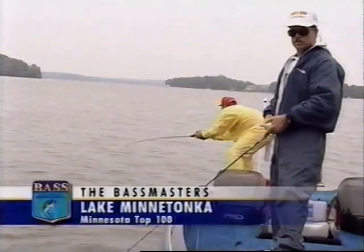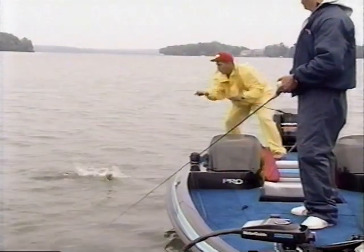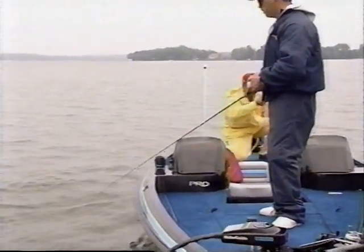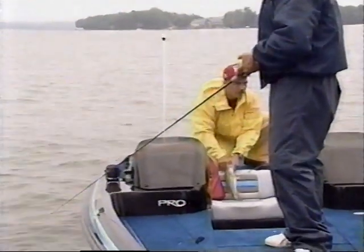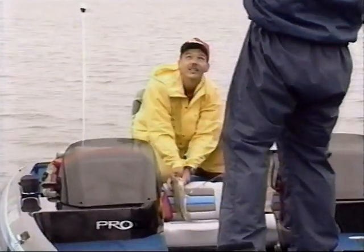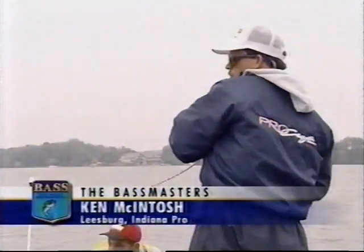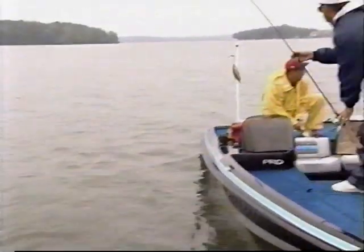Lake Minnetonka, the Bassmaster Minnesota Top 100. Late August, the tail end of summer, but the beginning for professional bass anglers with an eye on qualifying for the 1996 Bassmasters Classic World Championship. Yesterday, rookie Top 100 pro Ken McIntosh of Leesburg, Indiana, weighed in a 5-bass limit at 22 pounds, 6 ounces to set the stage for this